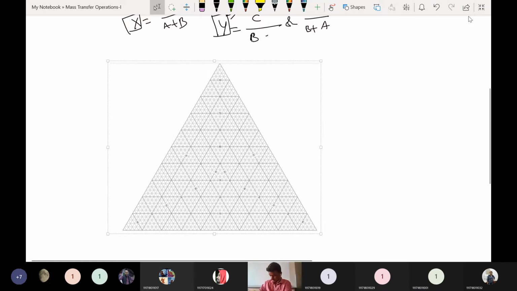Yeah, this one is the triangular graph. So how its coordinates are dependent, we will see now. For example, if you consider this is A is 0 here, 0% A is there. So its composition will be here 10, this is 20, this is 30, this is 40, this is 50, this is 60, this is 70, this is 80, this is 90, and this is 100. So here A is equal to